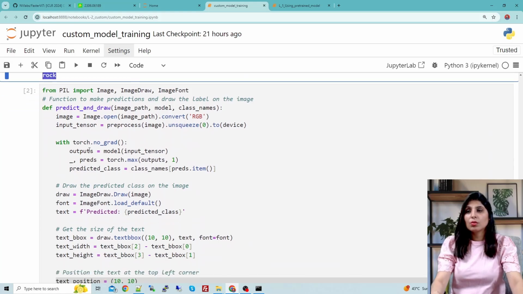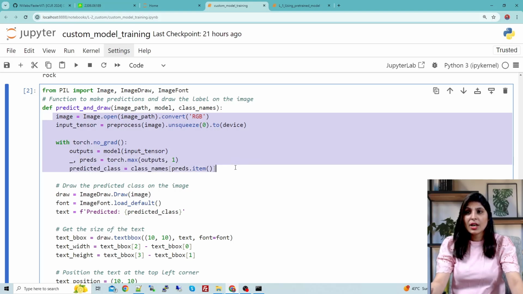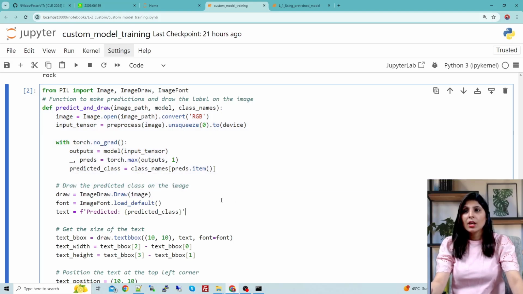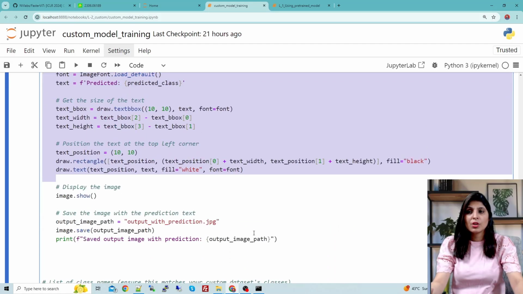Then you can use this function predict in draw. Here we are loading the image, performing the pre-processing on it, performing the prediction, getting the output, and then using these few lines I am showing you the output.